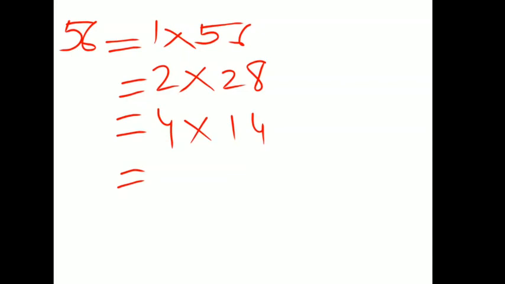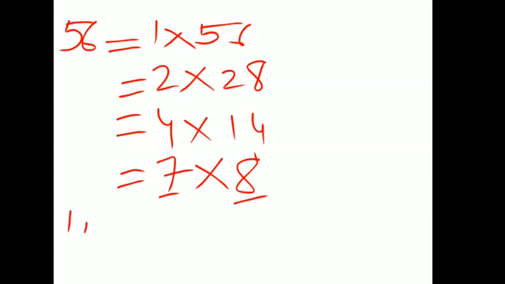6 is also not possible because 6 7 is 42, 6 8 is 48, 6 9 is 54, so in the table of 6 you will not get 56. 7 8 is 56, yes, so 7 8 is 56. Then 9, no, not possible. 8 is also there in the table of 8, you will get 56, but 7 8 is already written, so no need of writing again and again. 10 not possible, 11 also not possible. So that's all, I guess.